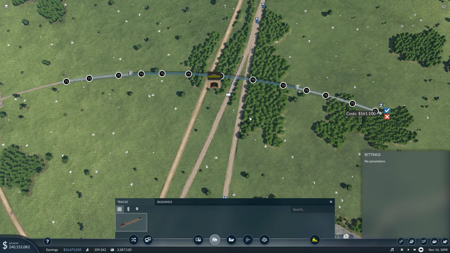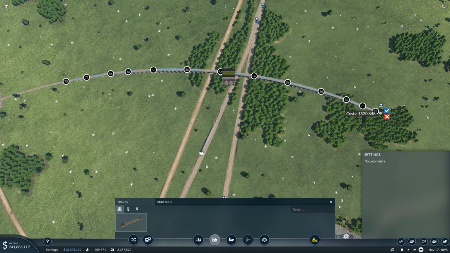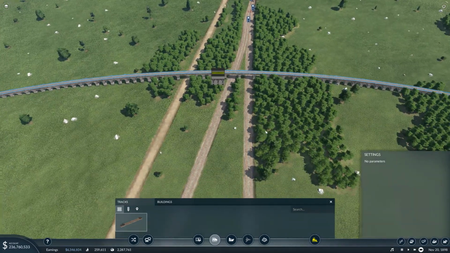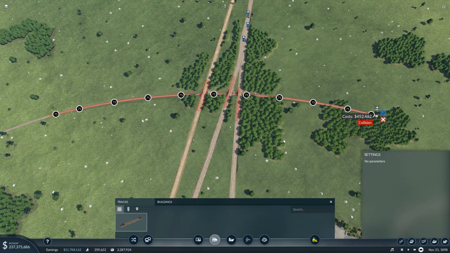Okay, so we can do a tunnel. That costs about 500,000. And a bridge, well, that would be similar. In fact, it would be less. But it's going to be a speed limited bridge. So I think what I'll do is a tunnel